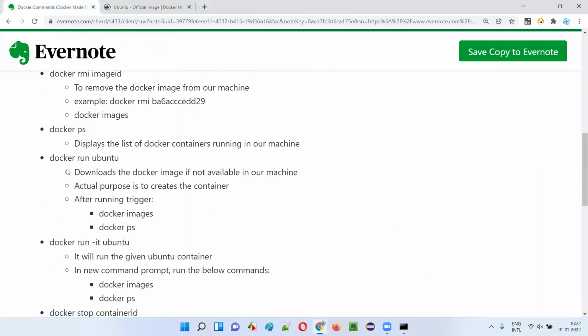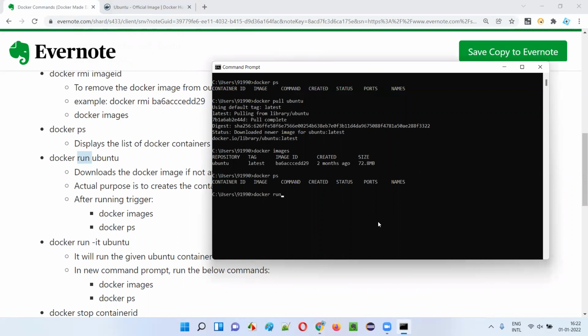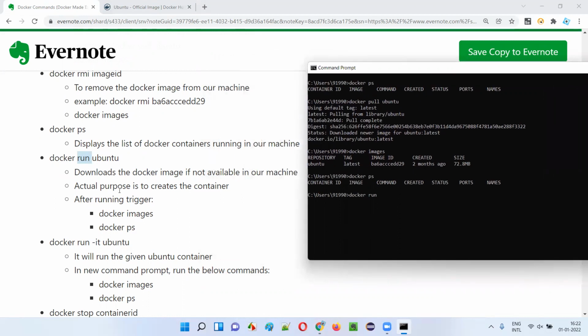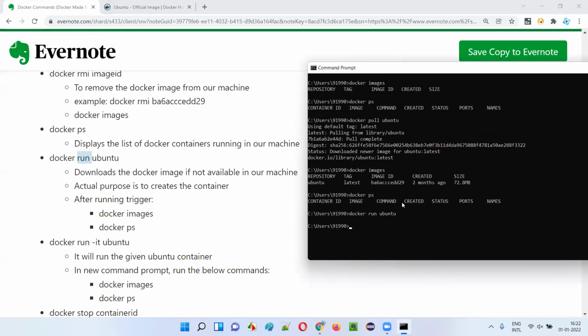For that, the command we have is the run command, guys. So here run is the command. Docker run and give the name of the image. Since we already downloaded it, simply say docker run and give the name of the Docker image. Select that, right click, say edit and copy, paste it here and press enter. It will run the Docker image. It will create the Docker container.